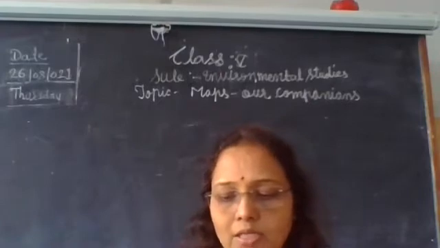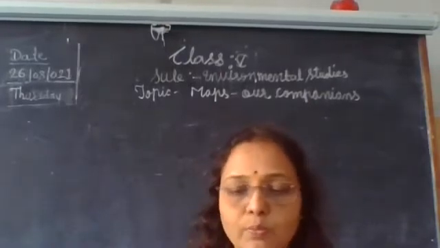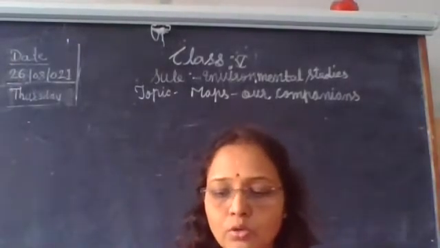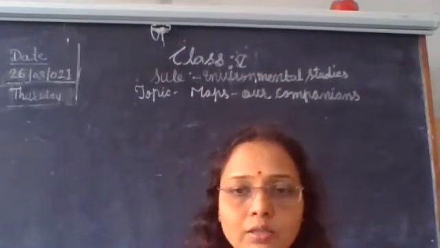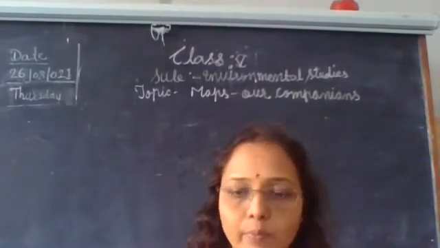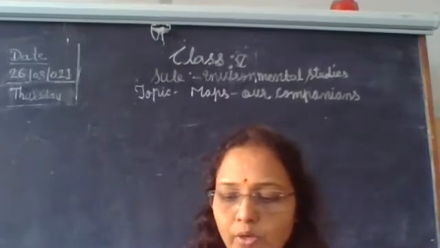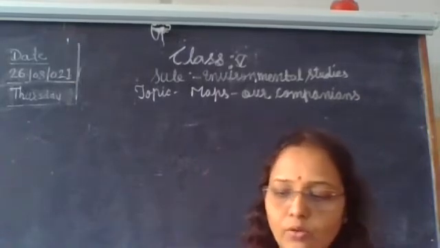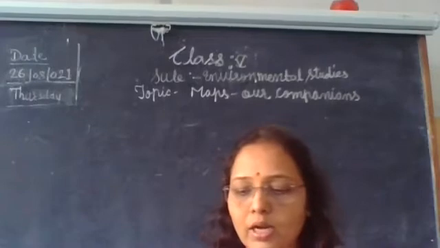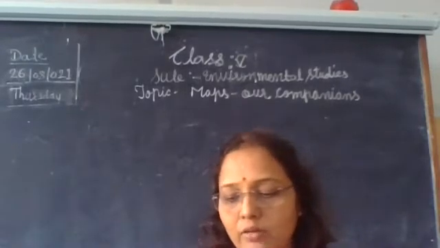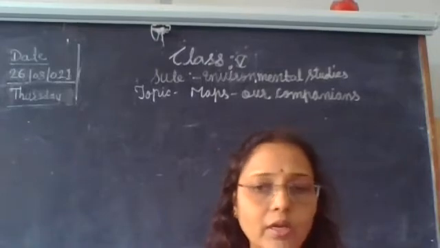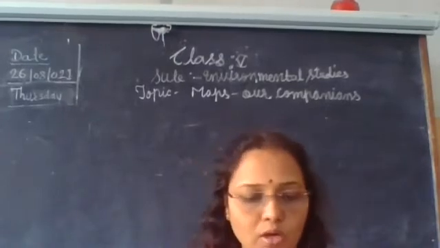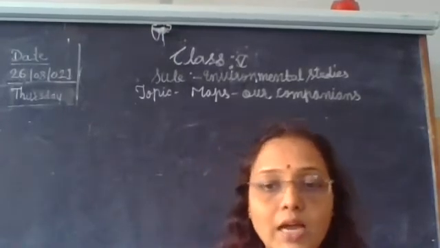These symbols and signs are universally used for the specific components. All over the world, people use these symbols to denote the place on the map. So everyone can understand them. These are called the conventional signs or conventional symbols. So let's see conventional signs.